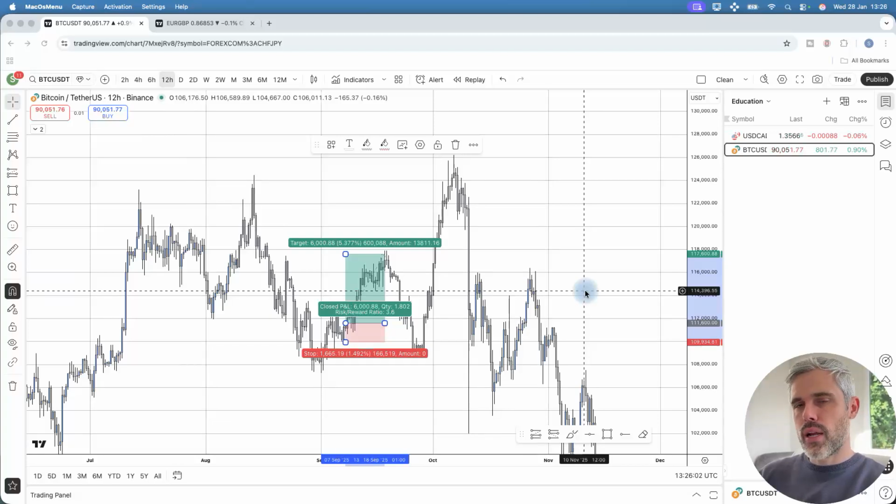Most traders will see a breakout above an old high or below an old low, and they'll chase into continuation trades. But what they don't see is that on a higher time frame, price is actually manipulating its previous candle, forming a manipulation candle, the sole purpose of which is to target the opposing end of the range that it's manipulating. So they just get stopped out of their trades immediately, and these trades are very low probability. So I want to show you exactly how to spot manipulation candles on higher time frames,